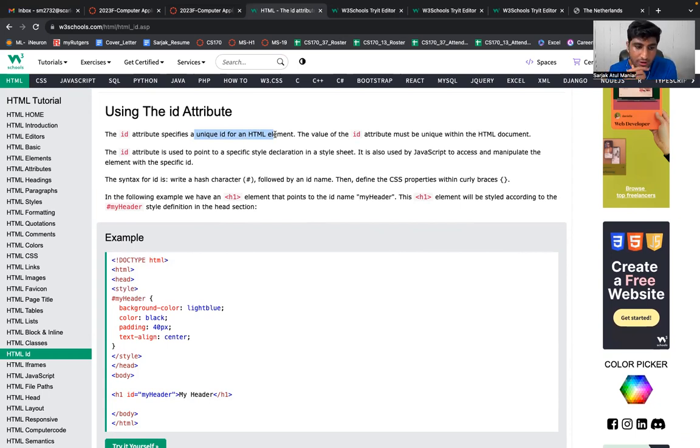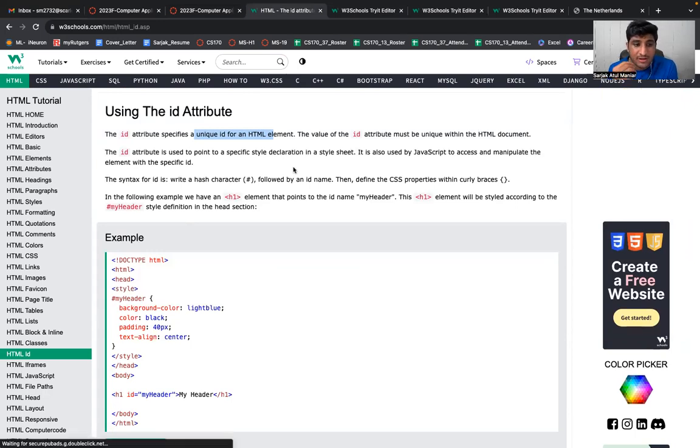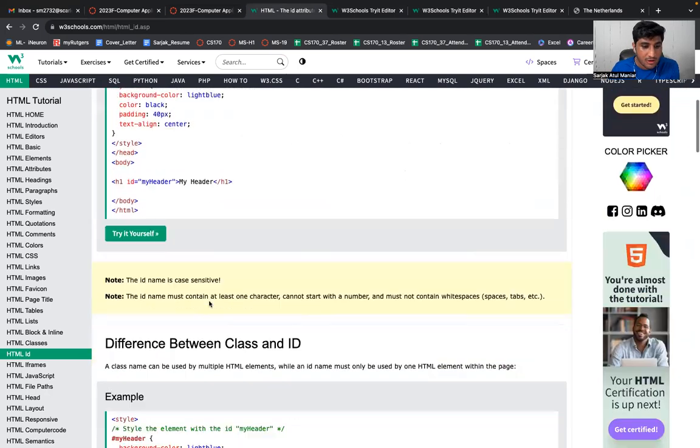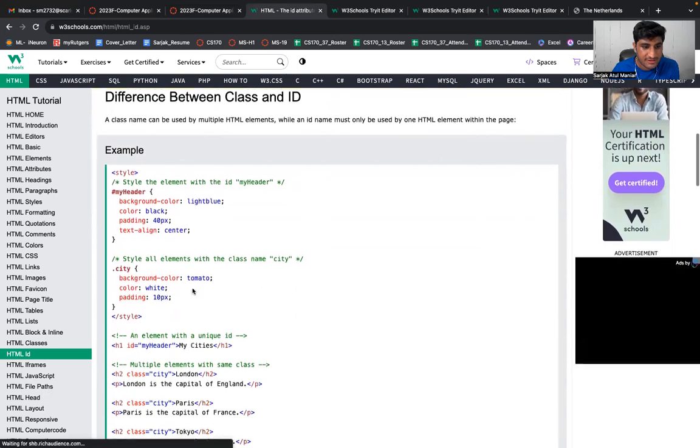For example, you are in our particular section, you have a particular RUID. Your RUID is unique, right? It cannot be similar to someone else's. In the same way, in our CSS or HTML files, there are different kinds of classes and IDs. So an ID should be unique to a particular element. For example, over here, if you see in this example,